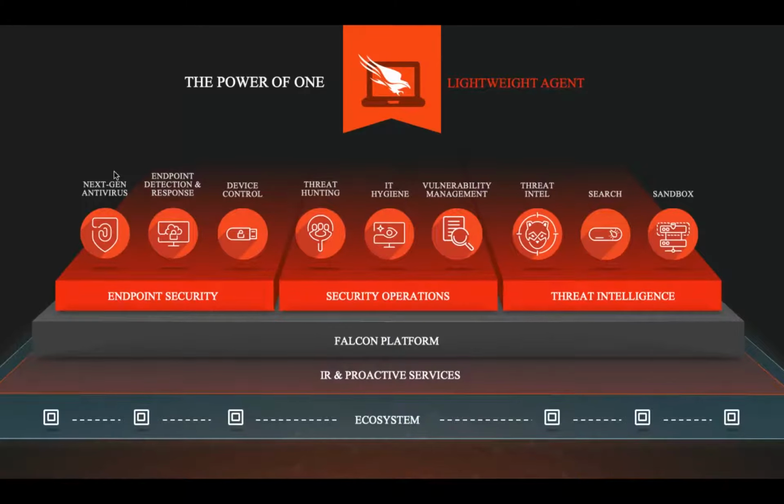And thirdly, it comes with device control. Using the device control capability, you can block USB. You can set up a USB policy or a device policy for your infrastructure. For example, let's say you don't want any USB to be allowed except for one single vendor that is whitelisted.